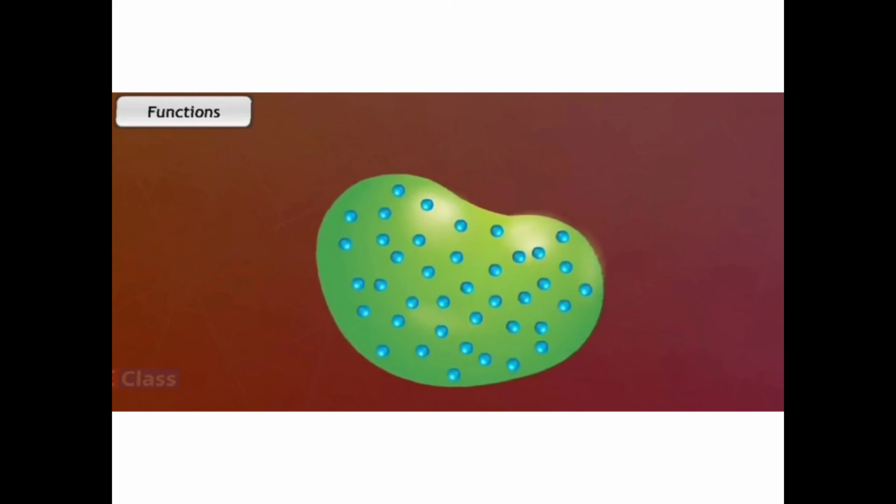Second function, to store the metabolic byproducts and the end products. Now, what are these metabolic byproducts? Yes, it is the glycogen, protein, water, etc. Which is done after the digestion, whatever things are made, glycogen and all. Now, what happens is in the animal cell, that vacuole stores the waste product and food.